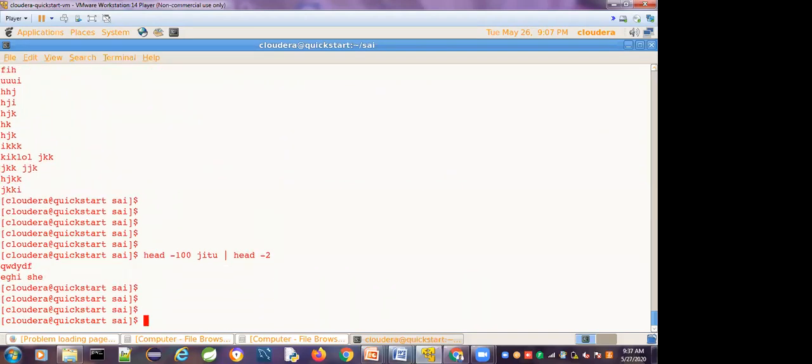You can play with this however you want. The first 100 lines will be displayed, and the output of this is sent to the next command. What is the next command? Again head only. You may be confused, but you can give different commands also.